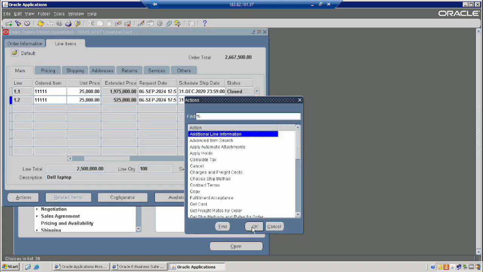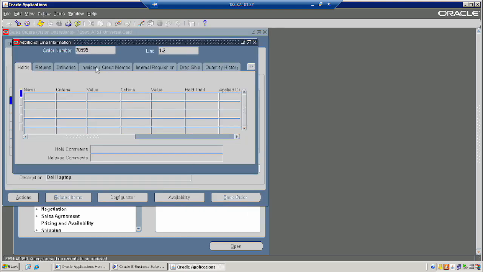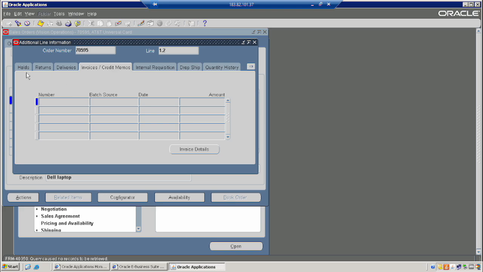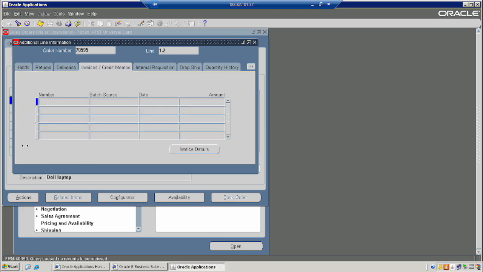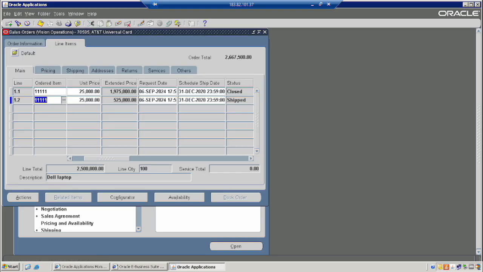Right now it is not showing because the cursor is on the second row. That's why it is not showing the invoice number. You will see our cursor is on the second row, which is in shipped status. Now we will see the